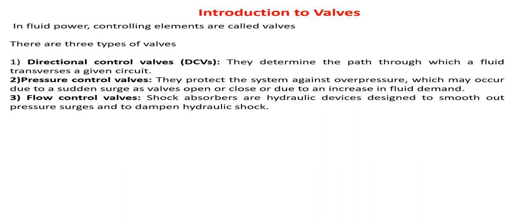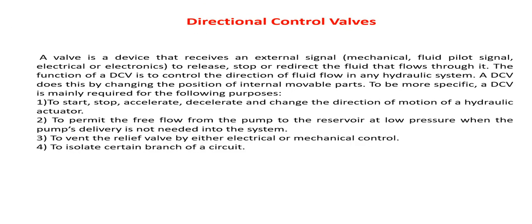Pressure control valve are used to control the pressure, or it actually controls the force indirectly, by which the force which is acting in the hydraulic circuit is controlled using pressure control valve, and the velocities of actuators are actually controlled using flow control valve because it controls the volume of fluid which flows through the circuit. So in this lecture we'll study about first type of valve, that is direction control valve.